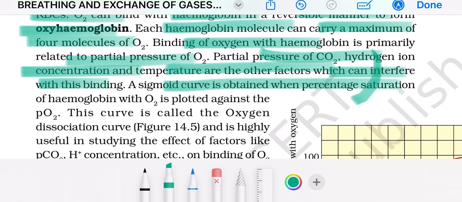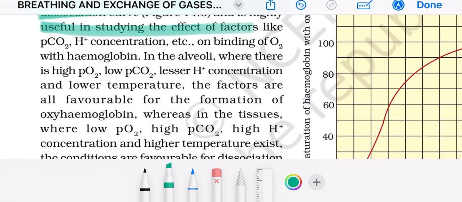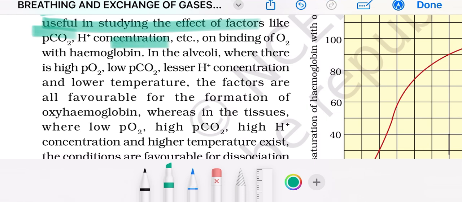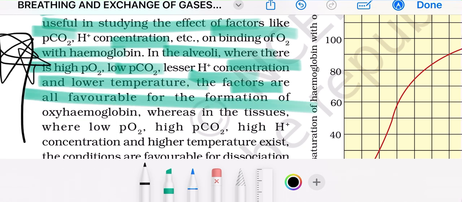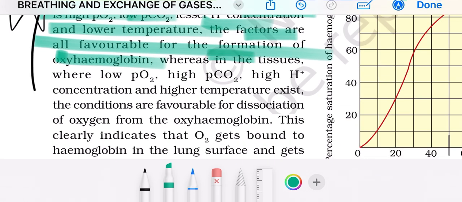A sigmoid curve is obtained when the percentage saturation of hemoglobin with oxygen is plotted against the PO2. This curve is called oxygen dissociation curve and is highly useful in studying the effect of factors like PCO2, H+ concentration on binding of oxygen with the hemoglobin. In the alveoli there is high PO2, low PCO2. Partial pressure of oxygen is higher in alveoli and partial pressure of carbon dioxide is low in alveoli. Lesser H+ concentration and lower temperature, the factors are all favorable for formation of oxyhemoglobin,